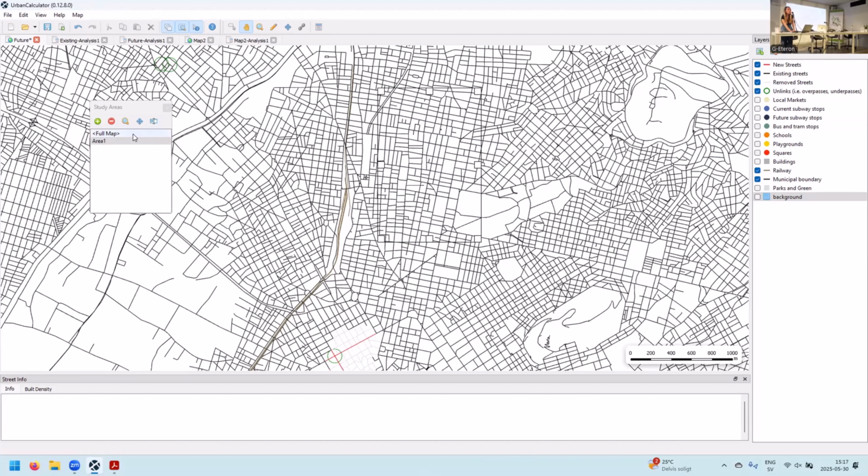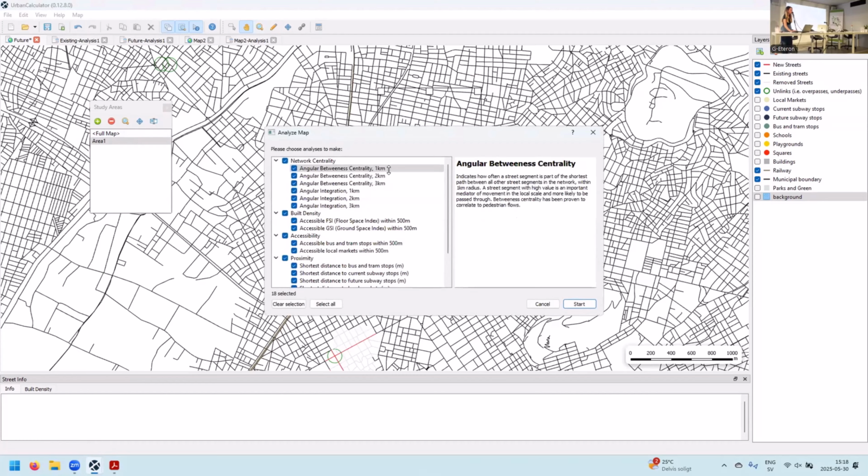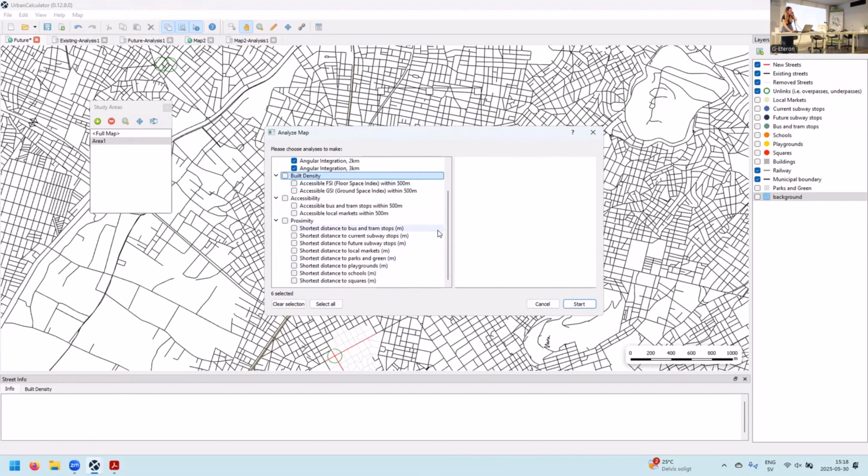Now, once we did that, I will just keep the centrality analysis ticked. So if I analyze again,